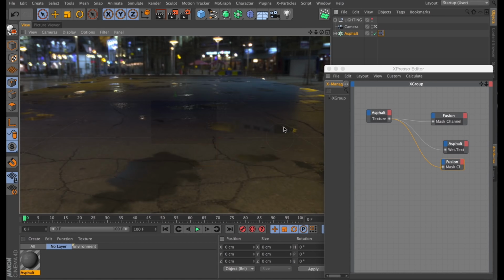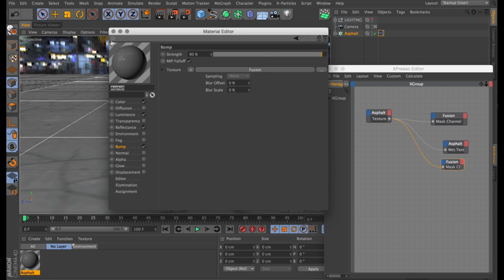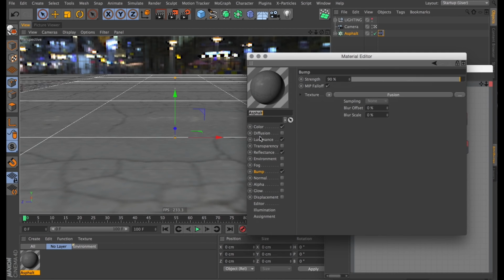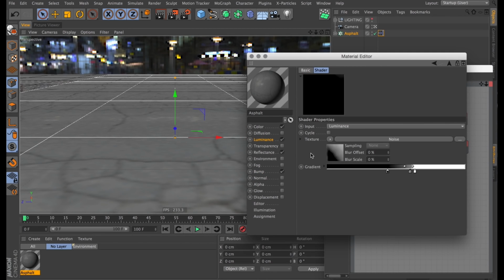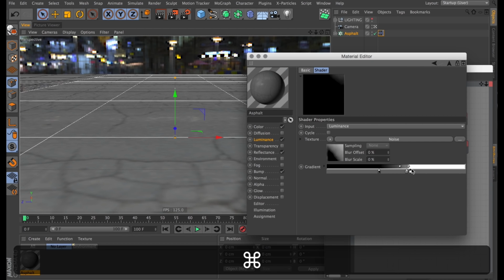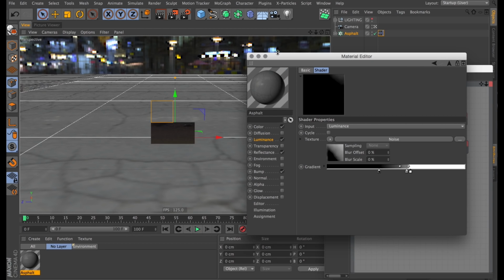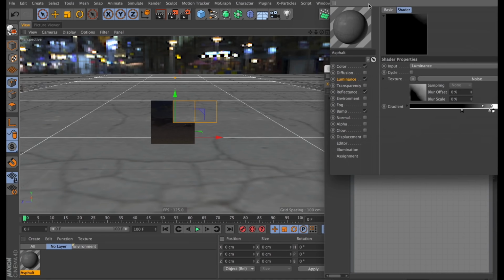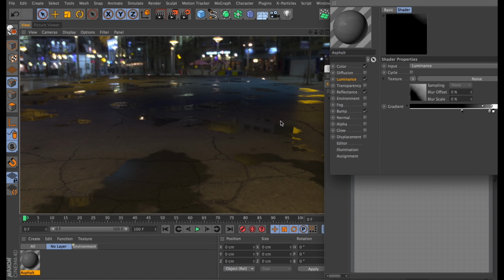It looks pretty good now, although it does look like it barely rained before. So I want to make these puddles bigger. And to do that, I just need to go into the luminance channel, into our colorizer that we had, and just tug on these slightly. So I'm going to tug down the black point and then increase the white fall off. So I'll render it again. And now you can see that the puddles are immediately bigger from just changing that one value,